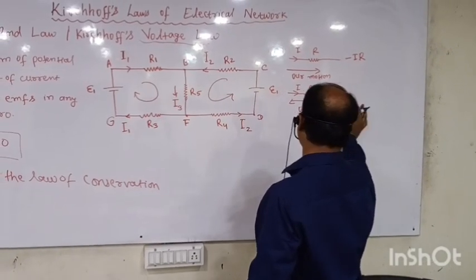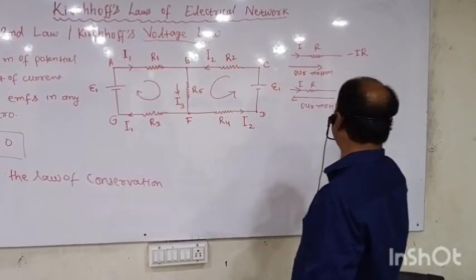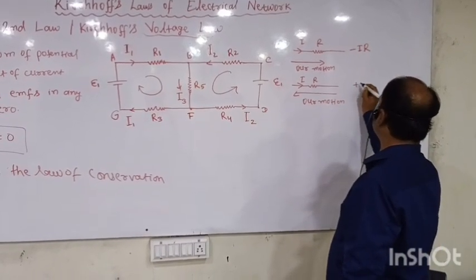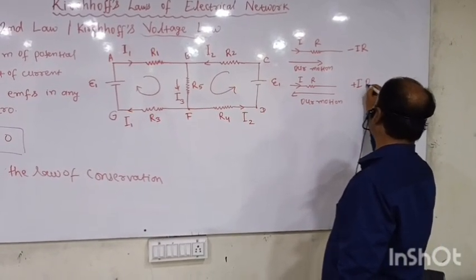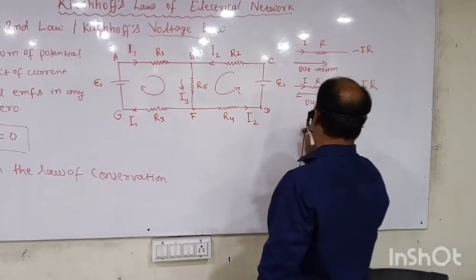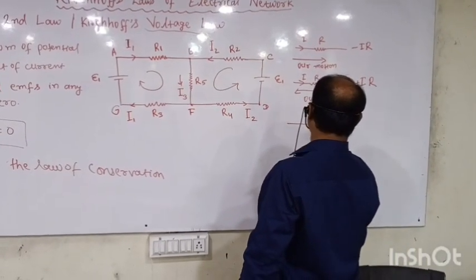Our motion, moving in opposite direction, then we have to take its sign positive, plus IR. Okay, now in case of potential difference, if this